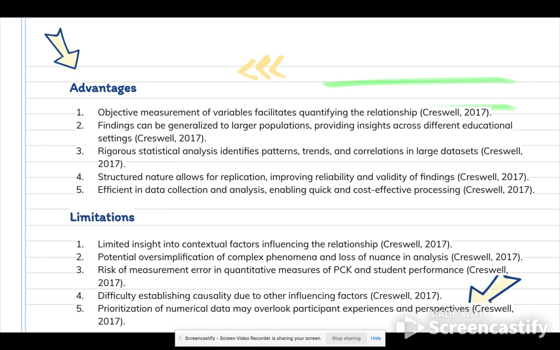with correlational and with quantitative research designs, there is a potential to oversimplify complex phenomena, and it might actually limit our insight into what is actually happening, or how we define what the phenomena is. And of course, as we usually say, correlation does not imply causation. So it's very hard to establish how closely related the two variables are. And also it limits the richness with which we understand what phenomena is actually taking place.